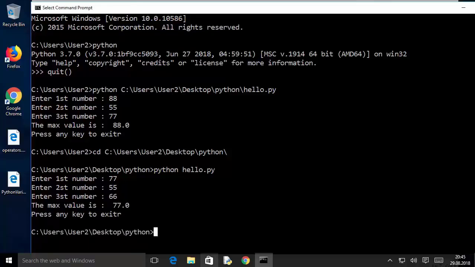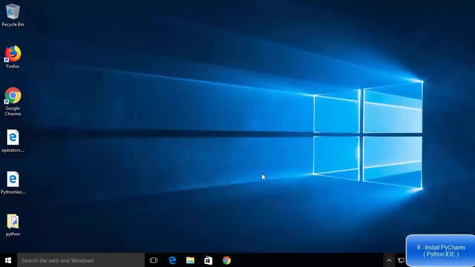So this is how you can run your Python script on any terminal. You don't need any IDE or any other special software in order to run your Python script. You can run it on your terminal or directly click on the Python file. Till now we have been using IDLE in order to develop our Python code. Now, the reason behind why I was showing how to code in Python using IDLE in the first few videos